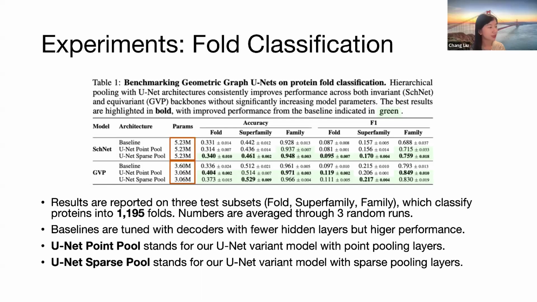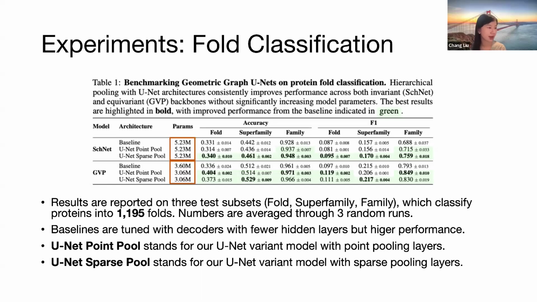They respectively stand for our UNet variant model with point pooling layers and sparse point pooling layers introduced. And you can see that overall, the UNet sparse pool variant would outperform all the other models,